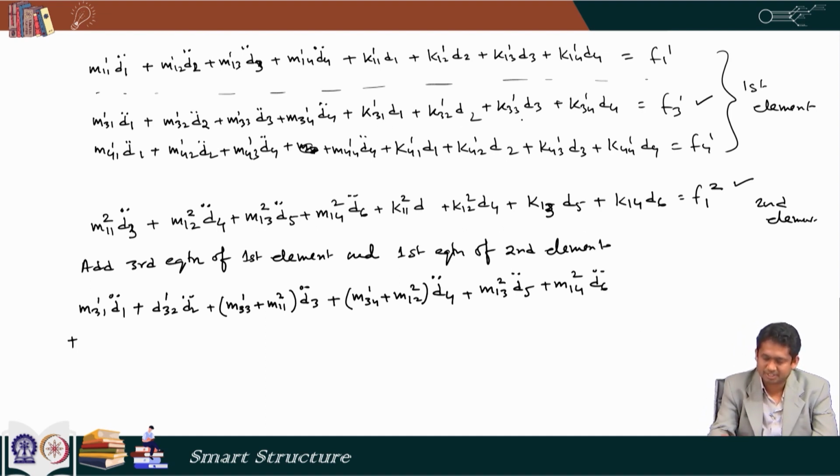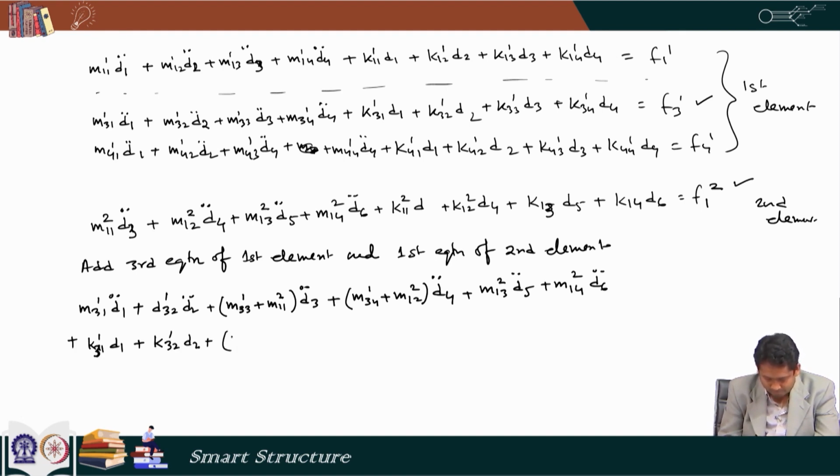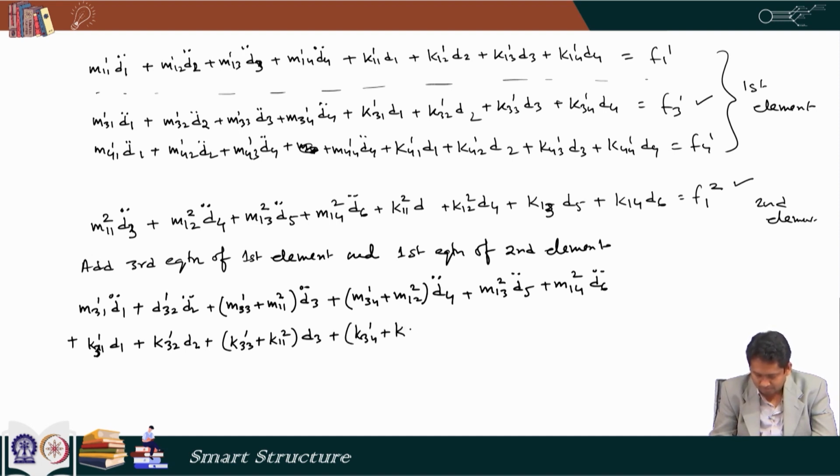Likewise, I have the stiffness terms here and they also get added and that gives me K31 of 1 multiplied by D1, K32 of 1 multiplied by D2, plus K33 of 1 plus K11 of 2 multiplied by D3, plus K34 of 1 plus K12 of 2 multiplied by D4,